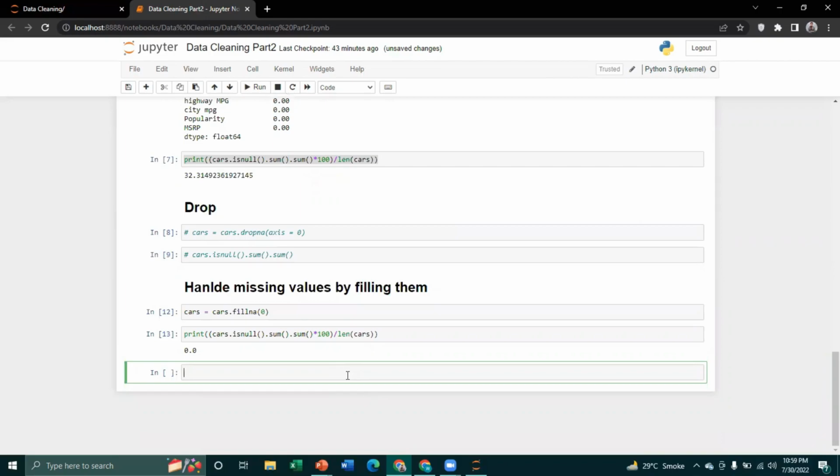I will say cars number of doors equals cars number of doors dot astype int,